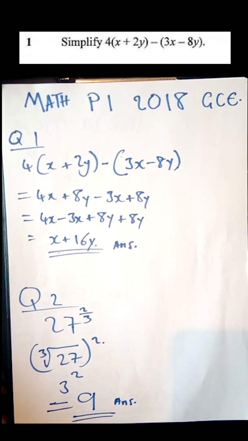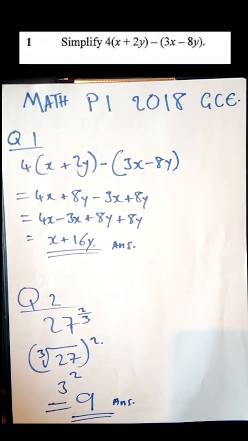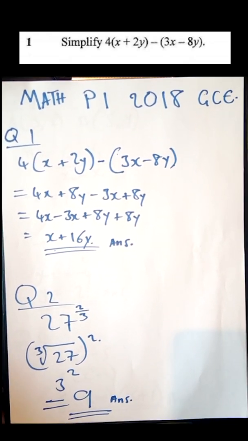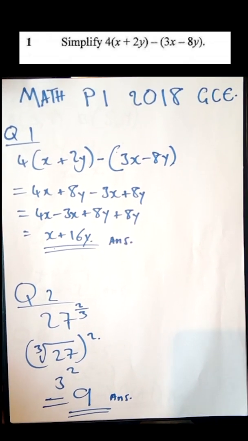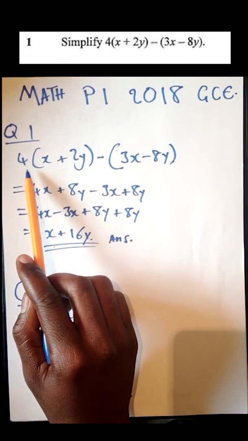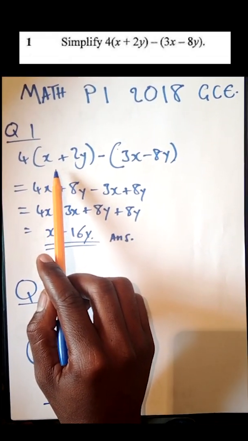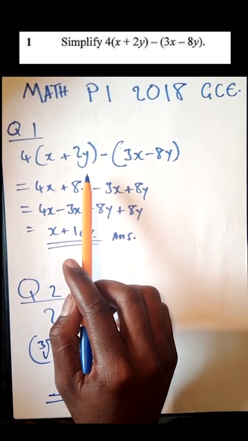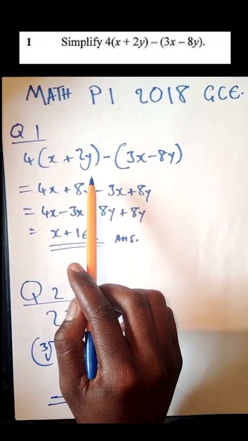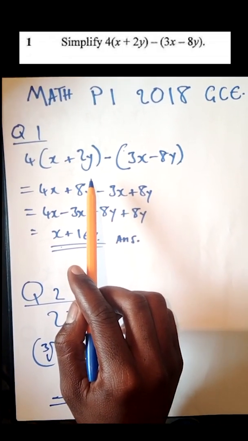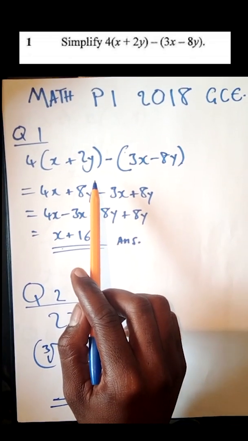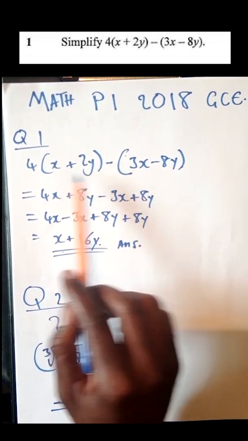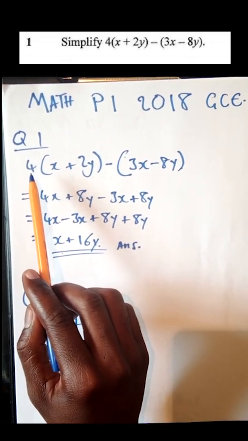Question number 1 is a simplification question. So it says we have to simplify this expression here. The expression under simplification is 4(x + 2y) - (3x - 8y). So how do we simplify? What is the procedure? You pay attention to the procedure because you might apply the same procedure on another question. First you have to open the brackets by multiplying what is outside the brackets with everything